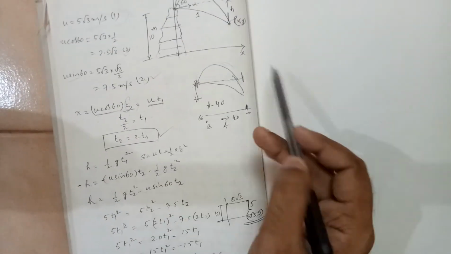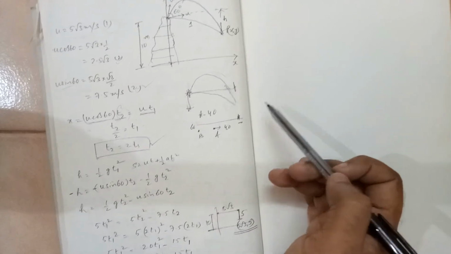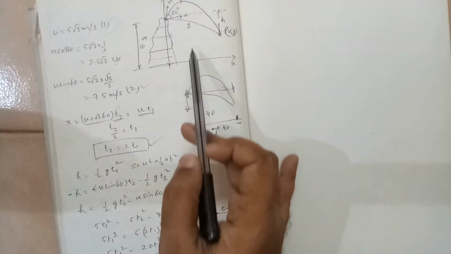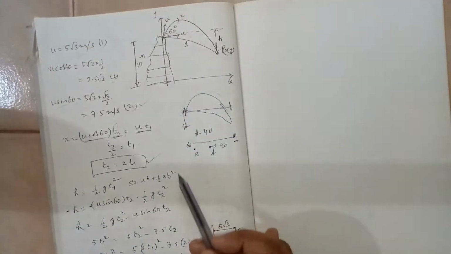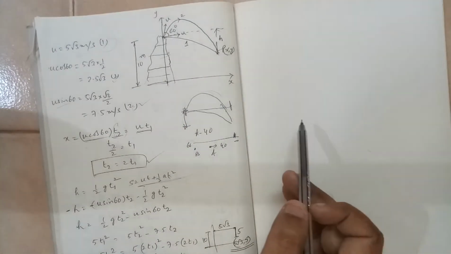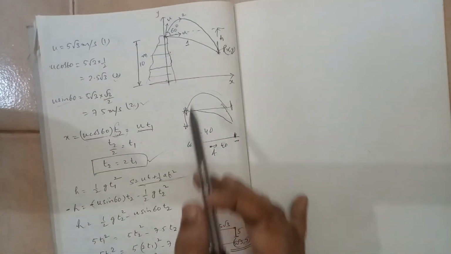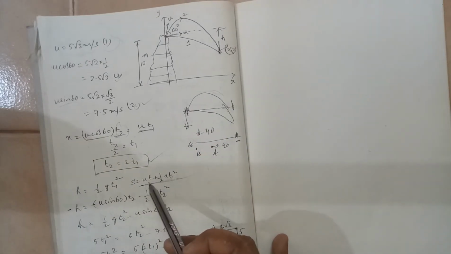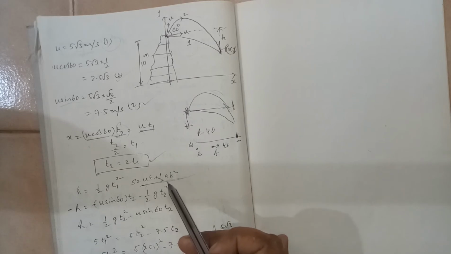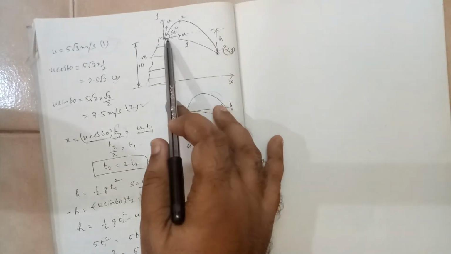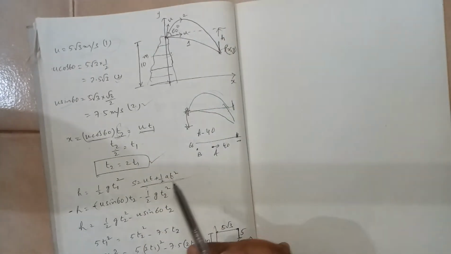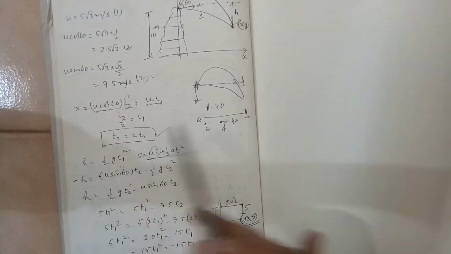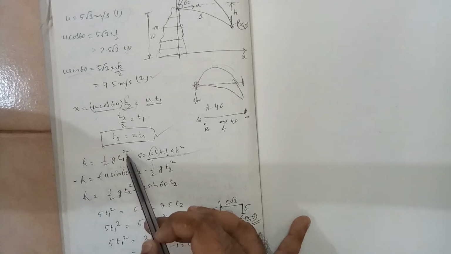Now, is the y displacement also equal here? The y displacement is also equal here. So if you write the equation for the first one, the basic equation is s is equal to ut plus half gt square. Now we have to write this for the first one. For the first case, there is no vertical component of speed, because the speed is only horizontal for the first one. So this ut term won't be there. We will get only half gt1 square. Okay, this is for the first one.